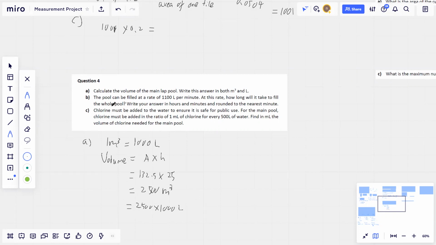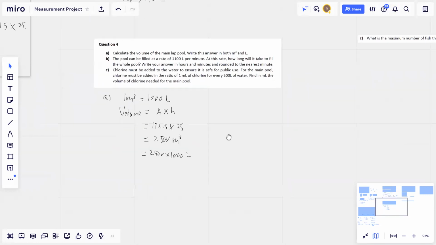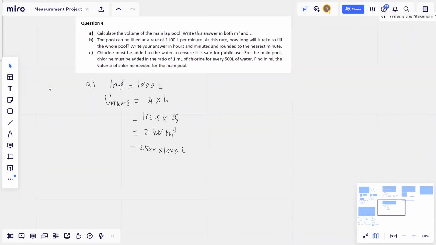And for the second question, if the pool is filled with water at 1,100 liters per minute and we want to fill the whole pool, how much time does it take, in hours and minutes, rounded to the nearest minute? Because we already know the volume, for question B, the time taken